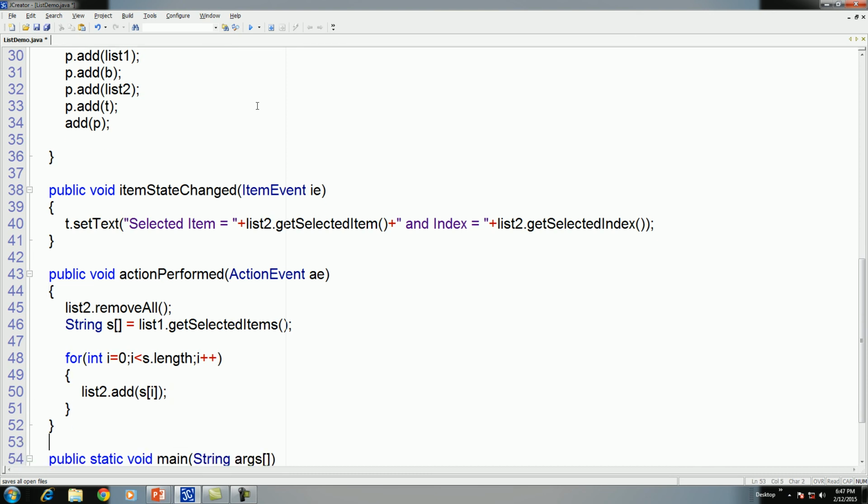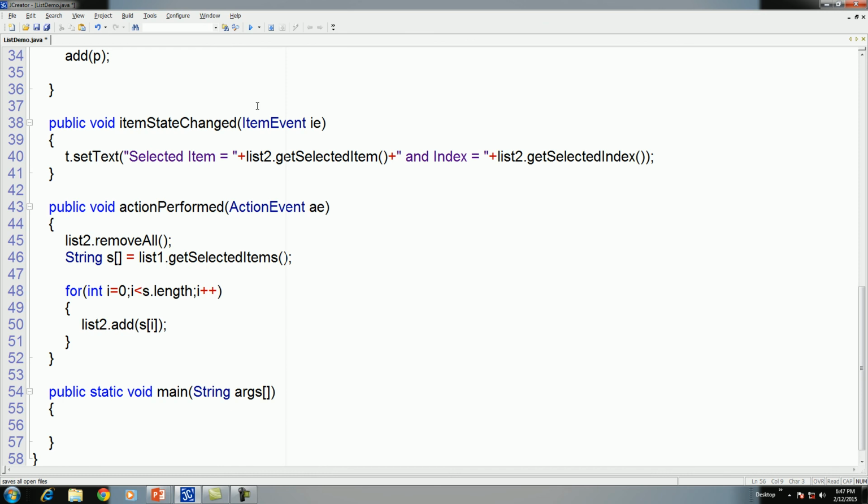Now call the constructor. Set maximum width and less height.